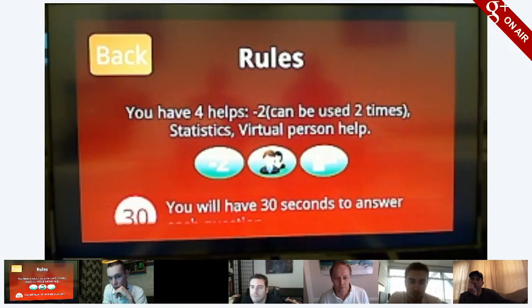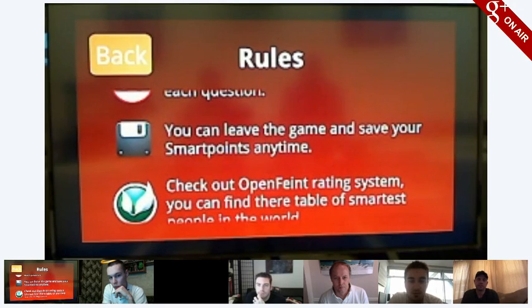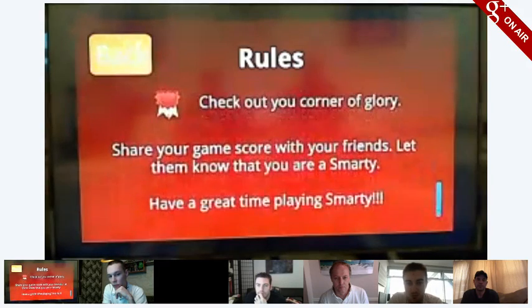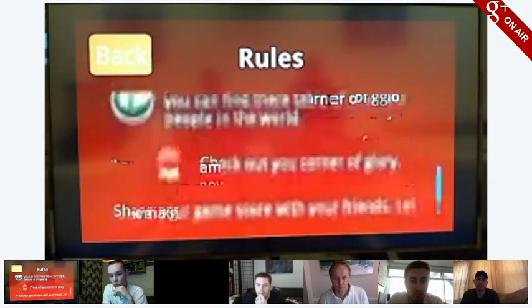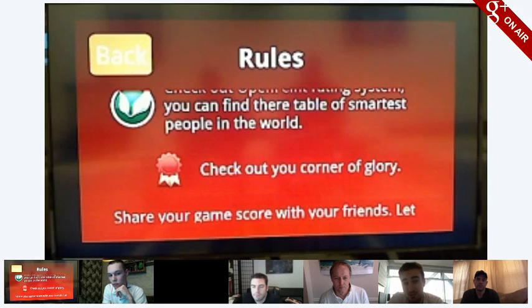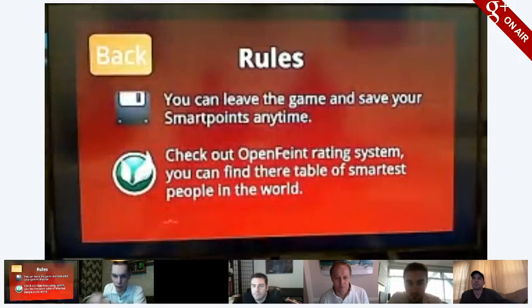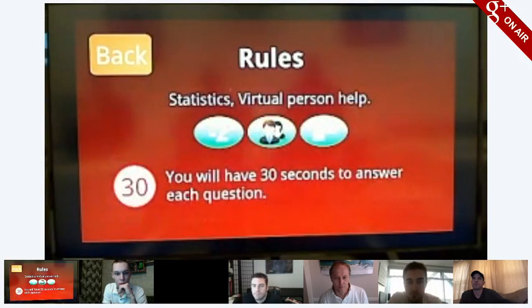Yeah. I think with that rules screen, you could probably make your scroll region a little bit bigger. You seem to be wasting a lot of space with that huge back button, because you're using a third of the screen to display rules and back. You could probably make that a fair bit smaller, so you could have more of the rules on screen at once. Yeah, that makes sense. I think if you wanted to, you could also make the font size a little bit smaller here.